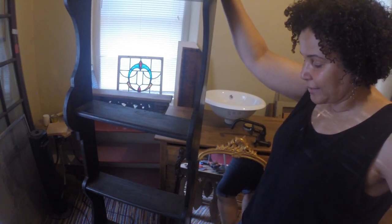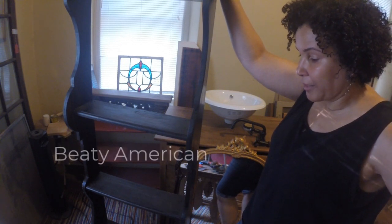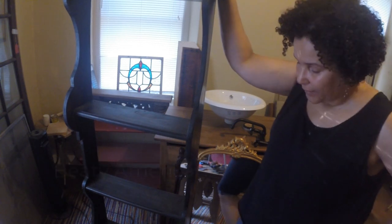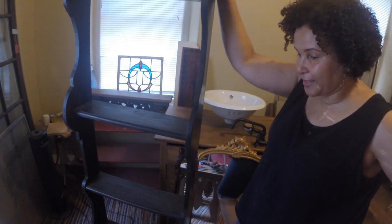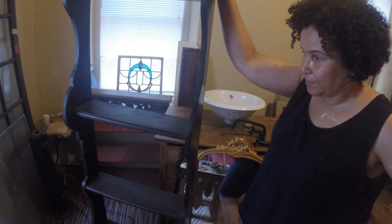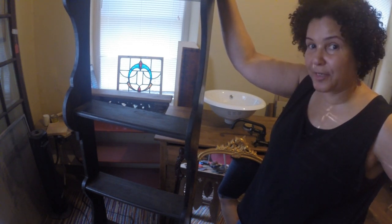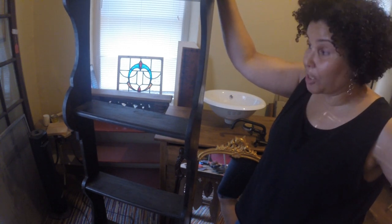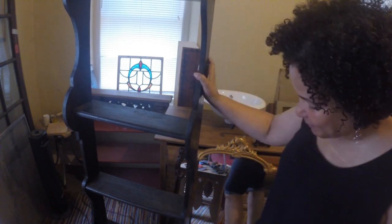I got it at this shop called Beatty American here in Philly, and I love that shop. I've gotten some other things there that I will show you also that I'll be using in the house, but I'll take you there with me one day too, because it's a great shop, and the owner, Bob, is awesome. So anyway,